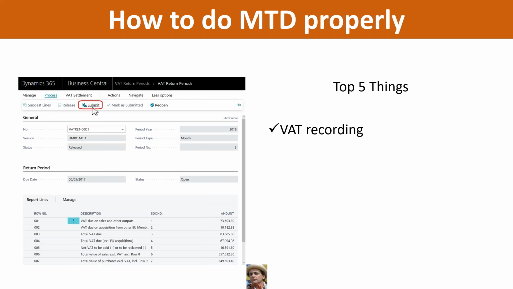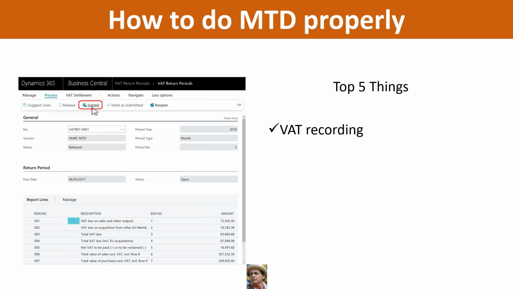The first thing to look at, recording your VAT. Where are you recording VAT transactions? If you have one system for doing purchasing, another system for doing billing and bookings, another system for making and receiving payments, and then another system for recording your finances, then you've got your VAT transactions recorded on multiple different systems.